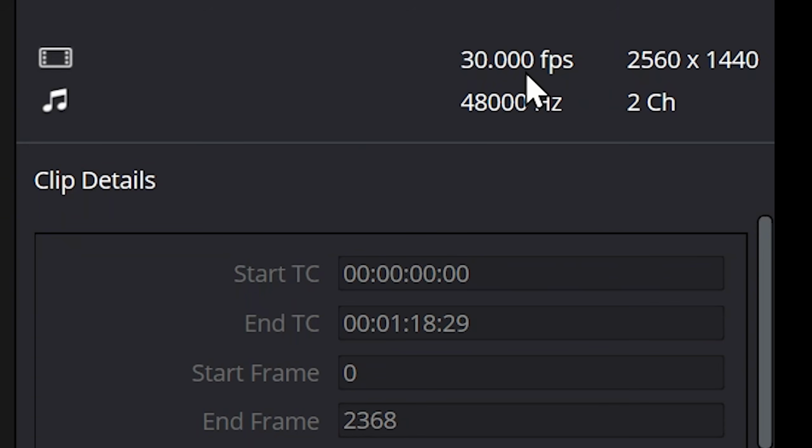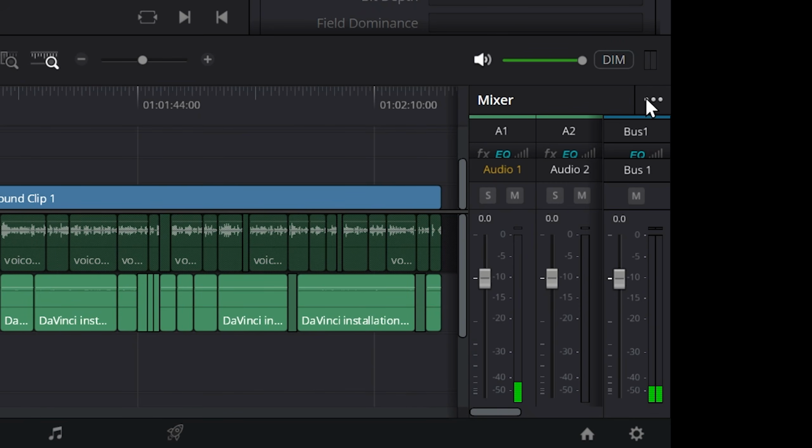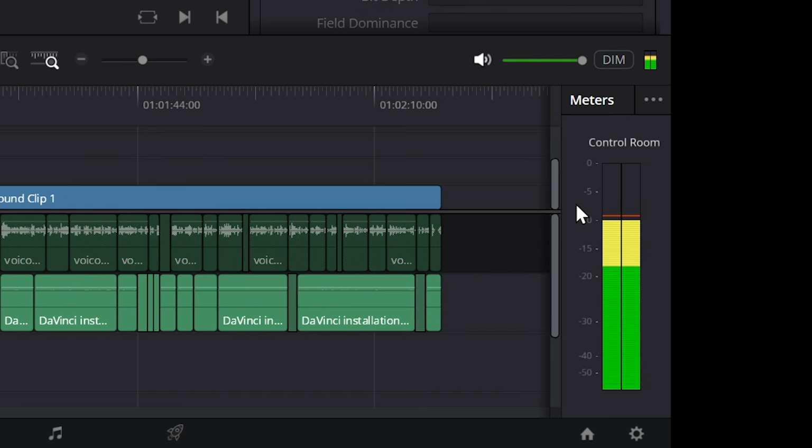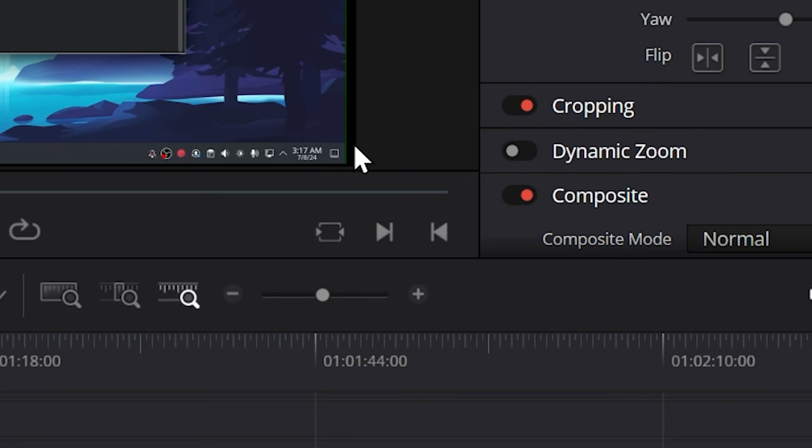Metadata shows me my video FPS and resolution. Okay. Mixer. Oh, so you can have audio meters. It was just hidden away. Okay, meters. Oh, and these are just audio meters. Okay, so now they're huge instead of tiny. Beautiful. Okay, let's go back to Inspector and let's try to zoom in, for example, on the time of this